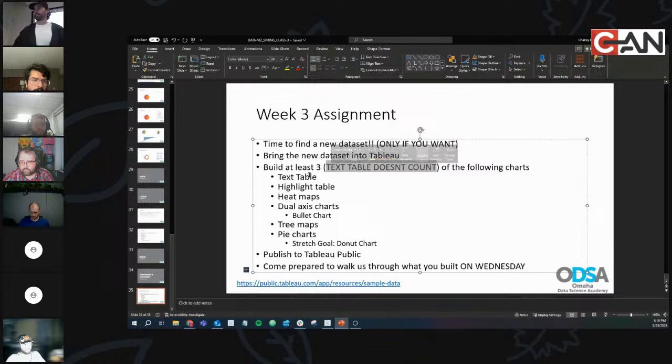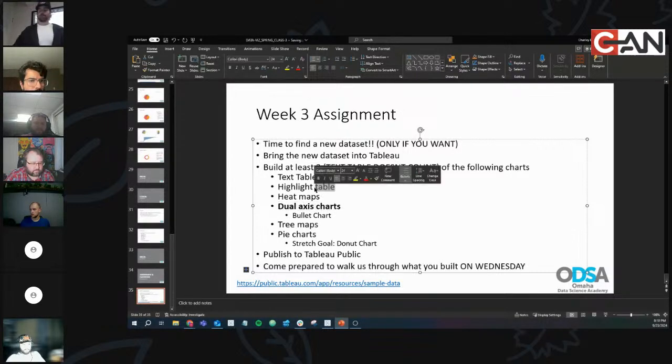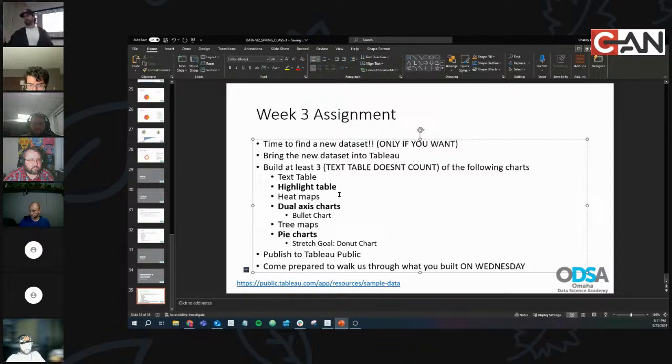Text table, let's say, doesn't count, but you can just drag the color on there and make a highlight table really easy. Try to build a dual axis chart. Like if I were you, I would probably try to build these 3. But if you can't build them all, don't worry about it. Publish to Tableau Public. And then let's make a rule. A couple of you have done this, which I really like. If you shoot me the link, like tonight or tomorrow or whatever, I will take a look at it Tuesday,